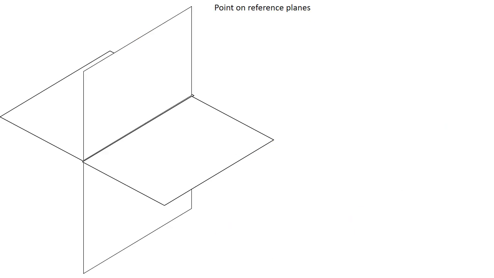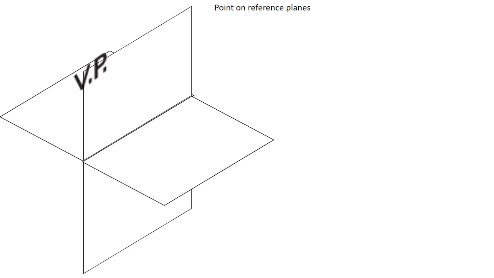Can you guess what happens when a point is in or on reference planes? What about its projections? How do we draw its front view and top view? Up till now we saw what happens when point A is in the first, second, third and fourth quadrant. But there may be a case when a point is in or on HP or VP.